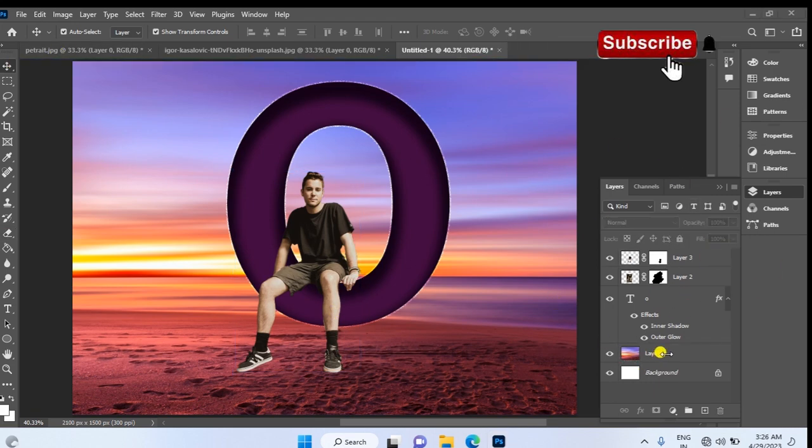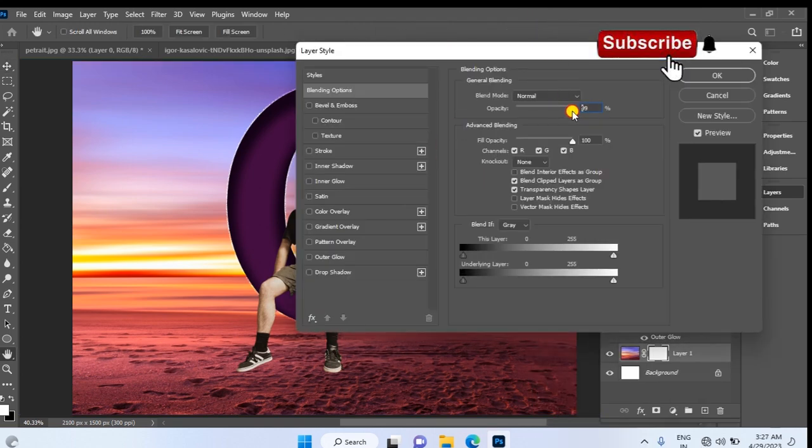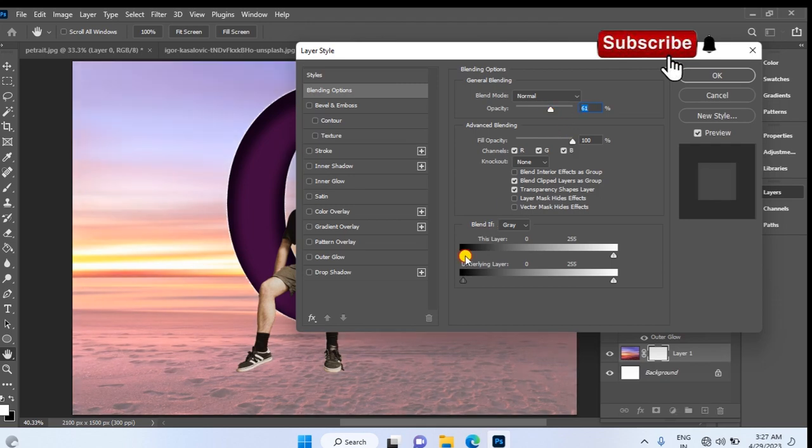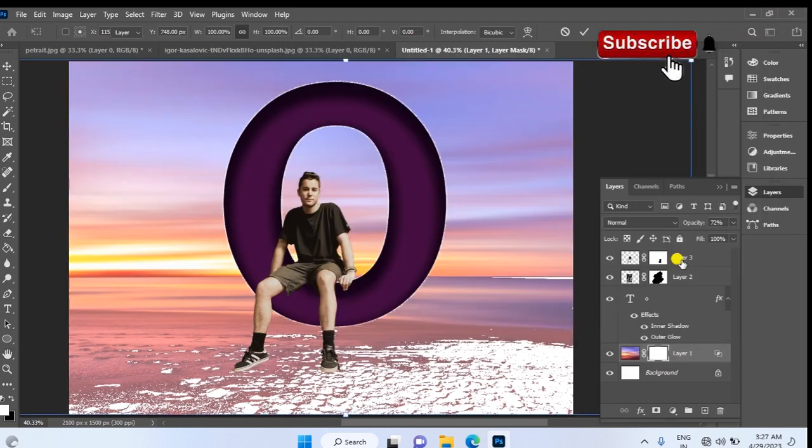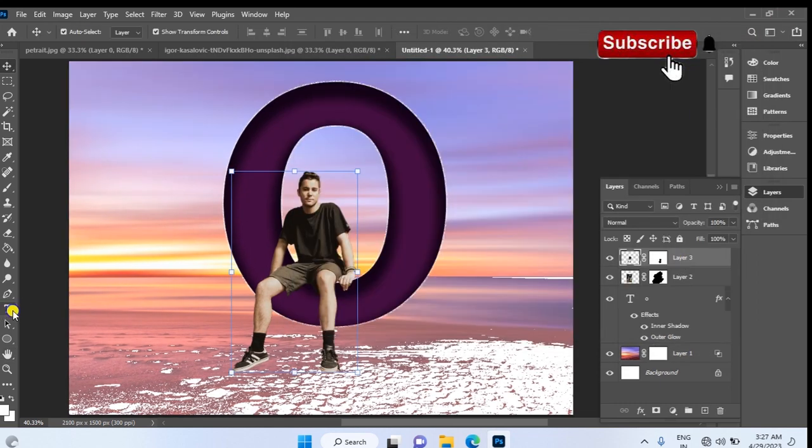Click the background picture and create a clipping mask and right click, go to blending options and click OK and click the typing tool vertical